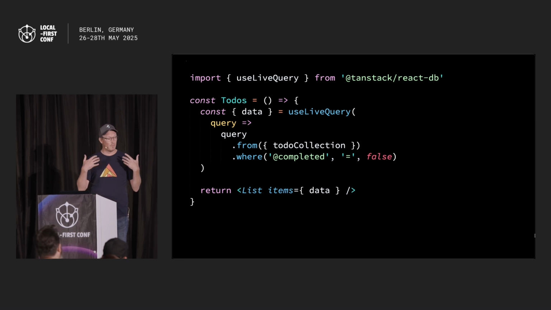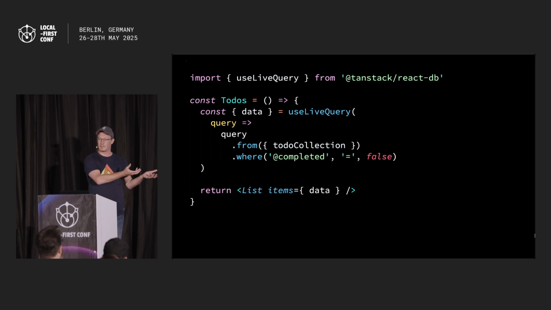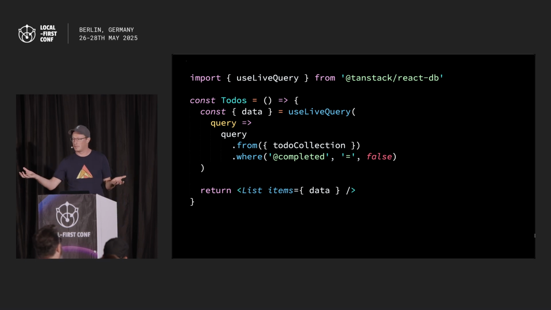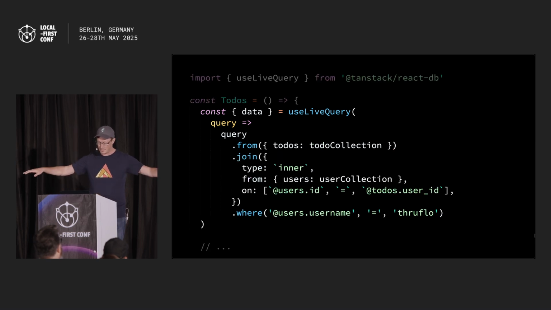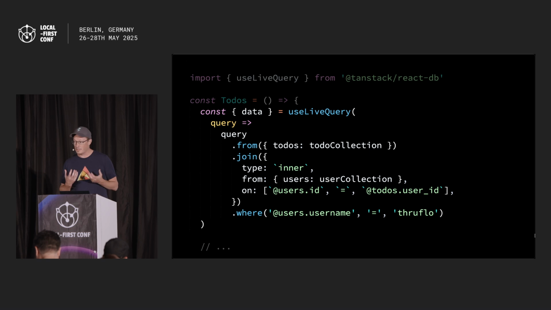Except, we've actually now defined two collections, right? We've got the previous to-dos collection, which was a query collection, and we just defined a new users collection with Electric sync. And so what we can do is demonstrate querying across collections. And you can query across as many collections as you like, and they can be collections of different types. So you can load some data from the database. You can load some data from an API. We have a local collection type for UI state. And you can then basically query across all of those things as part of the same logical data model in the client-side application. And you can have as many complex queries as you like with multiple tables and joins and